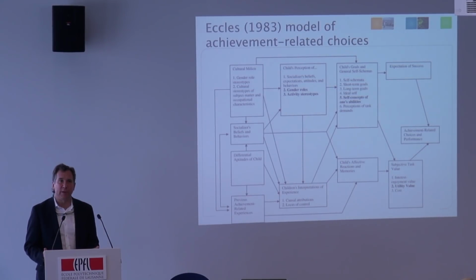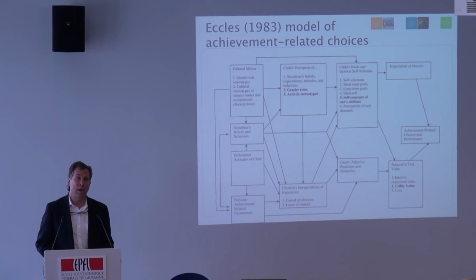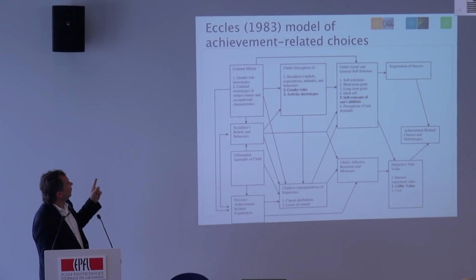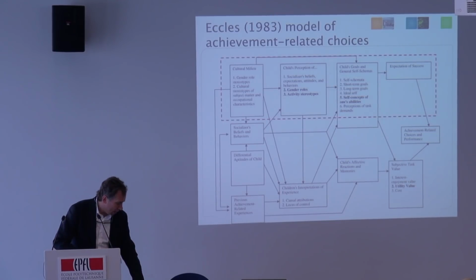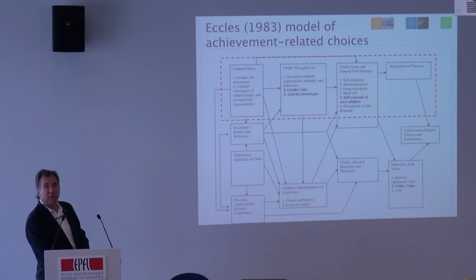Let me explain a little bit of the educational psychology behind what's going on here. This is 1983, Jacqueline Eccles came up with a model about how do students make academic choices? How do they decide what major they want or where they're going to put their efforts? A lot of it are these boxes across the top, and these are ones that particularly influence whether or not students take computing. Things like gender role stereotypes.